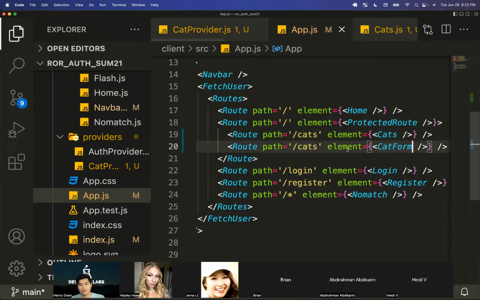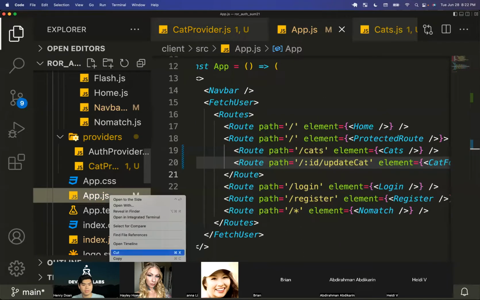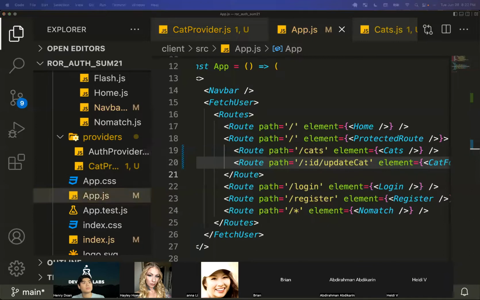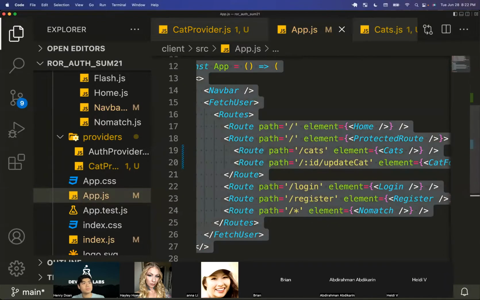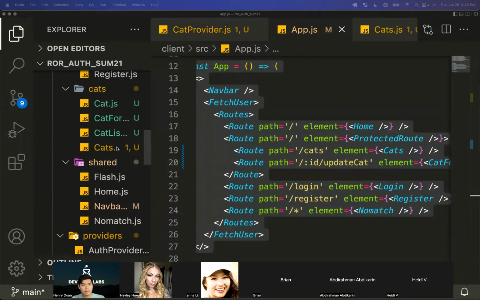But this one will be for cat form. So then we can do the ID of the cat, and it will be update cat like so. That is the route that we'll have. So here is our app.js. And then let's go ahead and